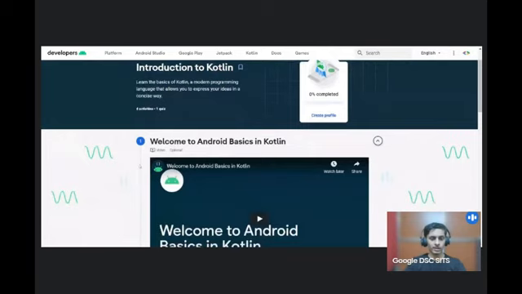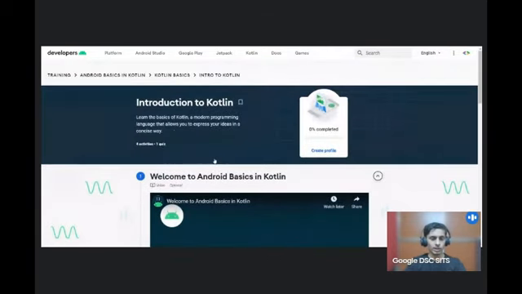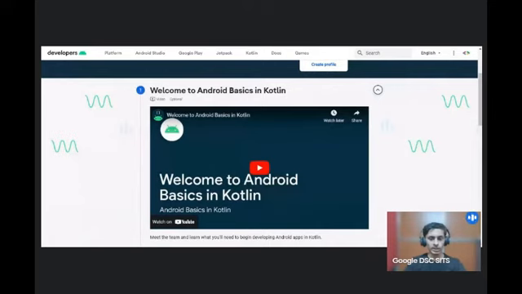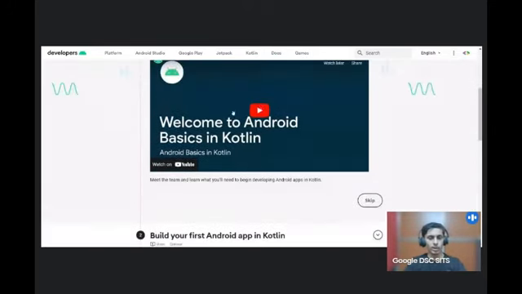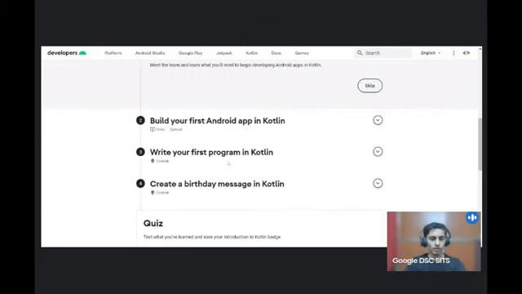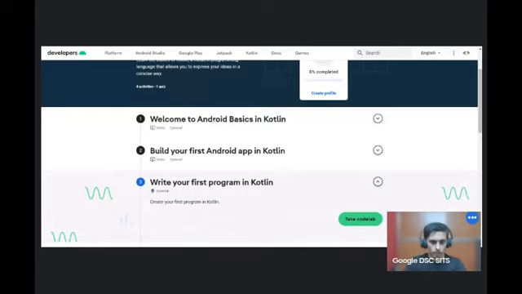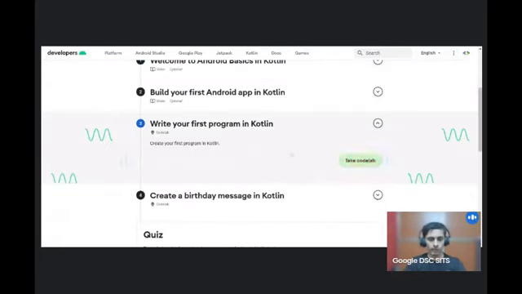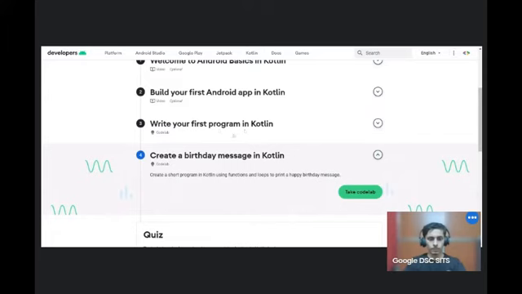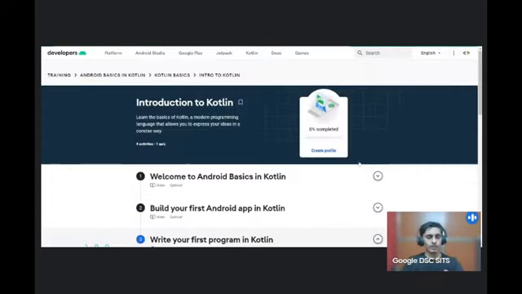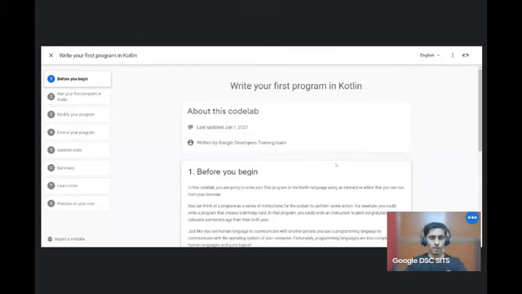Each pathway contains some videos. While starting this course, if you are a beginner, you have to watch each and every video. After completing the videos, you will start with the code lab, and we'll see what a code lab is. Code labs are hands-on guides, made by Google, that provide hands-on coding experience. Code labs will provide you instructions for completing a specific task.